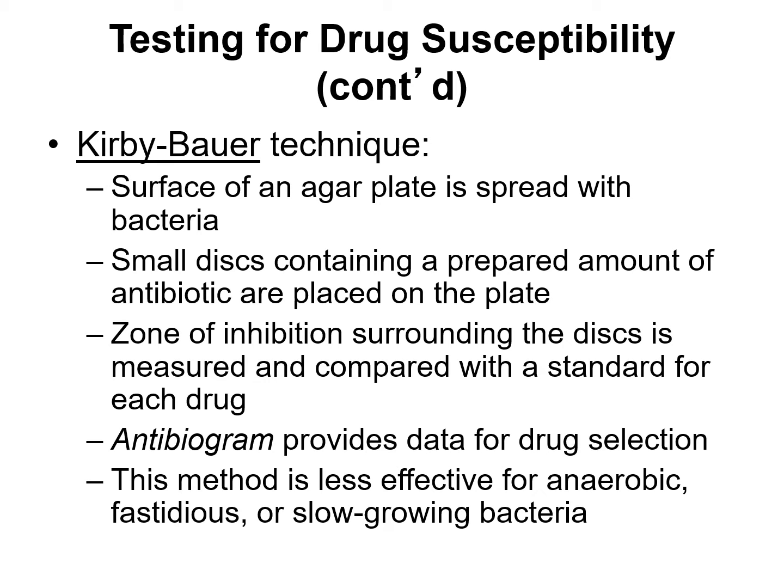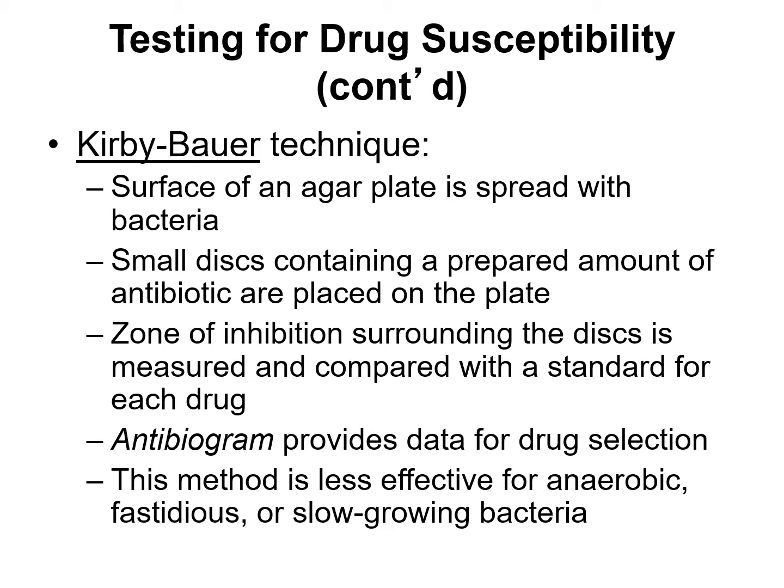And then you're going to put the antibiotic, they're like little tiny paper discs, and you put it on this plate, okay? And then what happens is the antibiotic, if it works on that particular bacteria or microbe, is going to form what's called a zone of inhibition. So it's actually going to kill the actual bacteria that is in the vicinity of that disc. So you're going to have areas of clearing around the disc. And the greater the area of clearing, the more susceptible that bacteria is to that particular antibiotic.